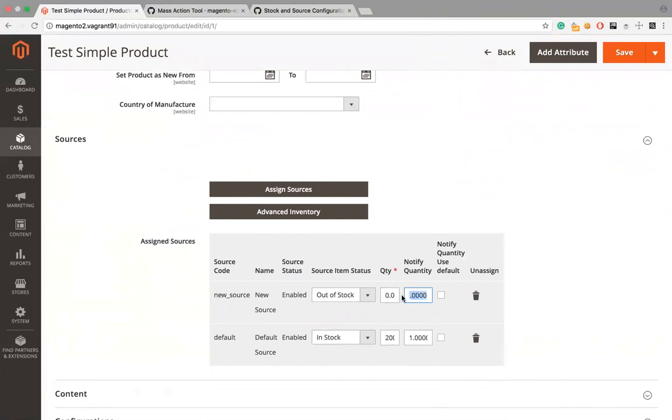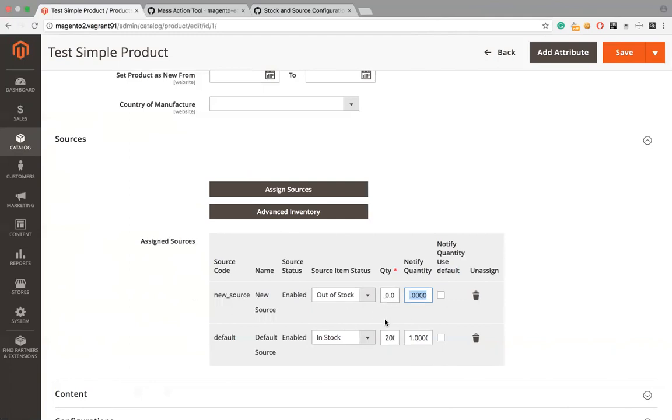And the notify quantity is applicable on a level of source item, so the particular product which is assigned to a particular source. And this option represents the threshold reaching which